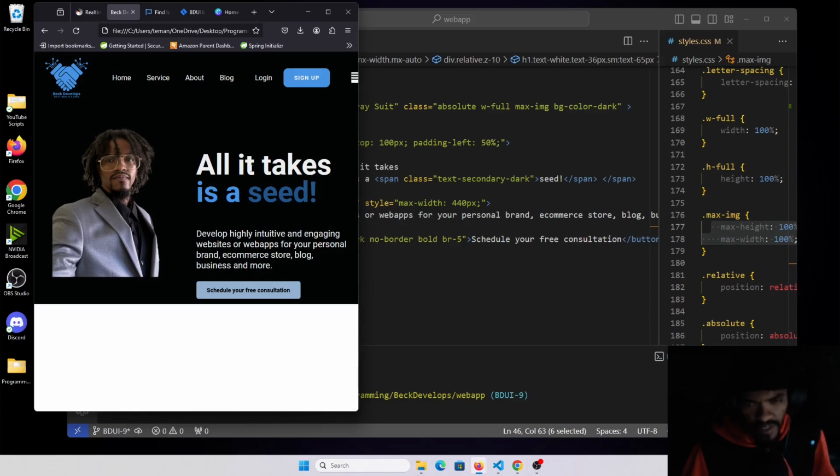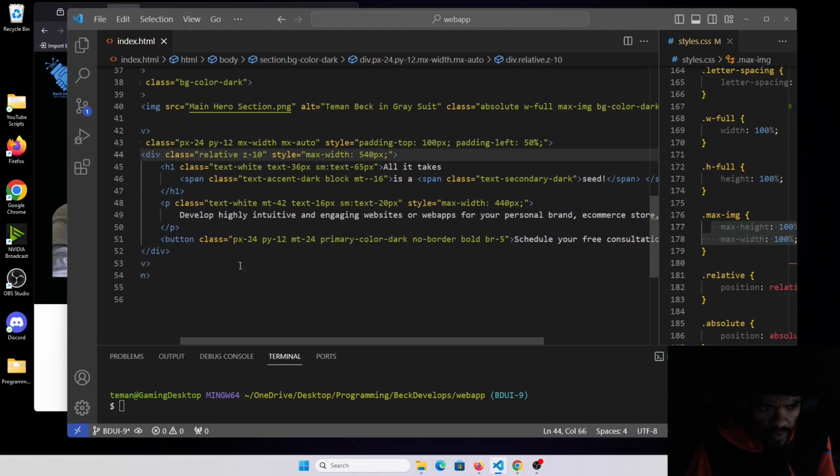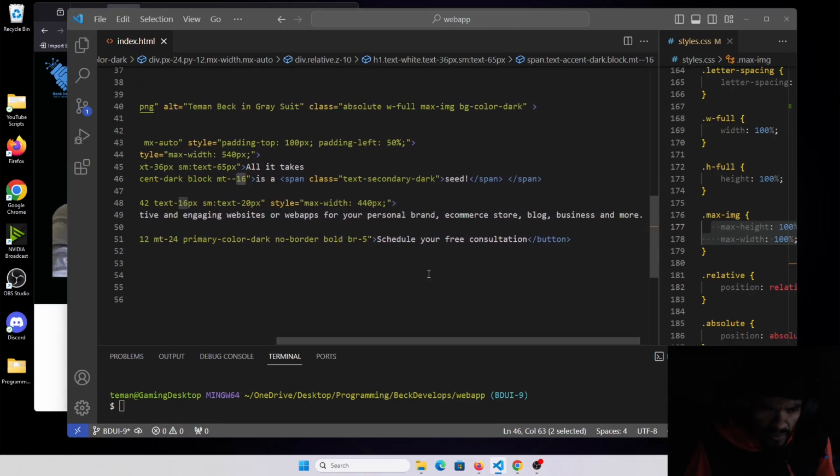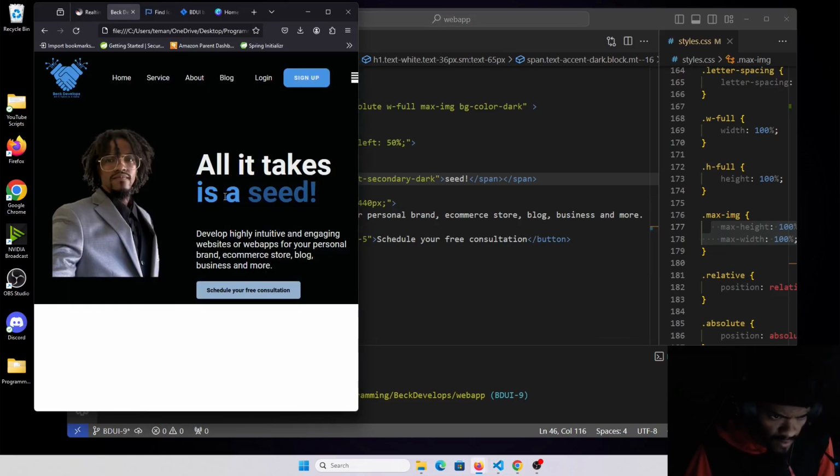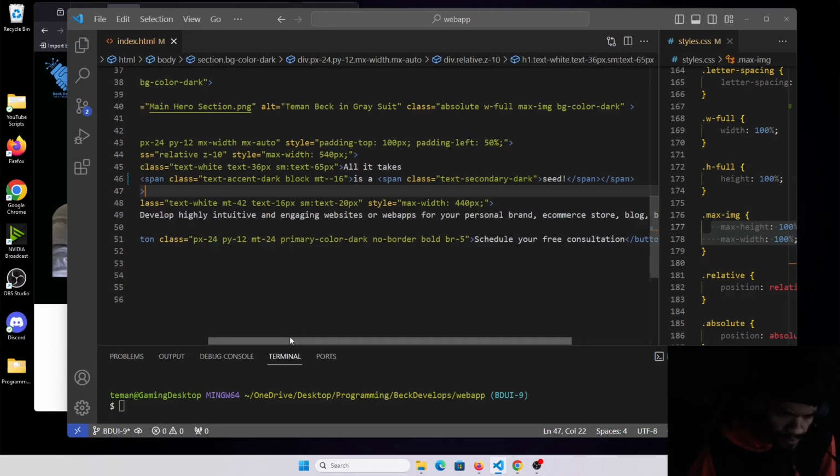the all it takes. Is because, again, browsers add default padding for elements. And so when we added the span tag, it gave us some additional spacing. So we just made that a block element, and we gave it a -16 margin to move it up some. Then we wrapped another span inside of the span, double span, with the text secondary dark, because we got an accent and then we go dark. And I may add something behind this, maybe like a white line underneath the word seed, just to give it like a standout type of vibe to it, but we'll see. Beyond that,